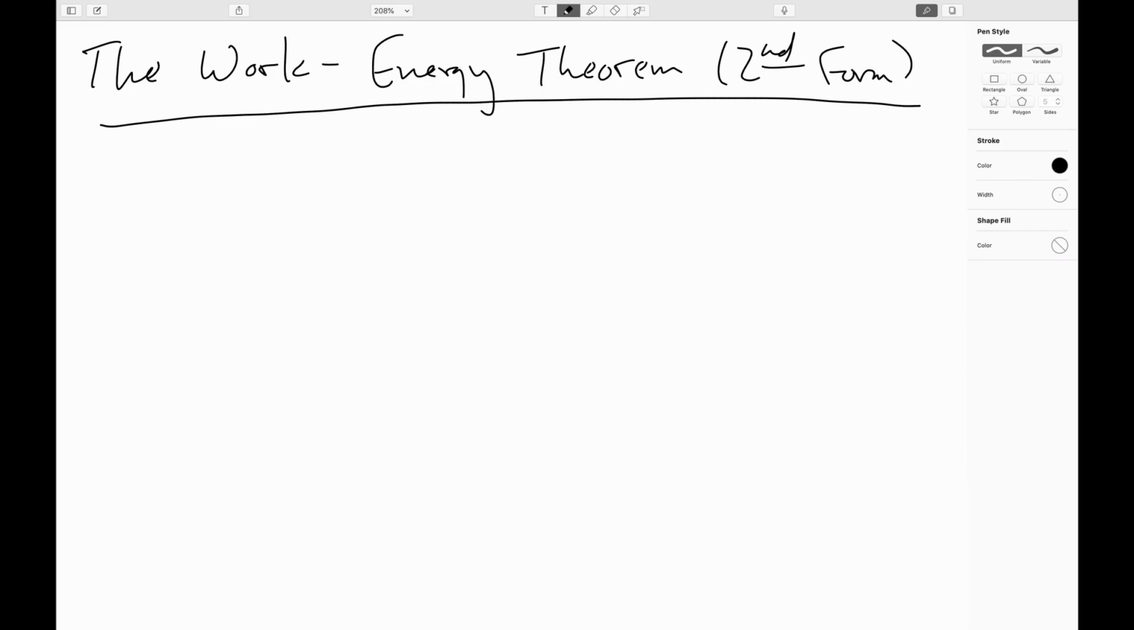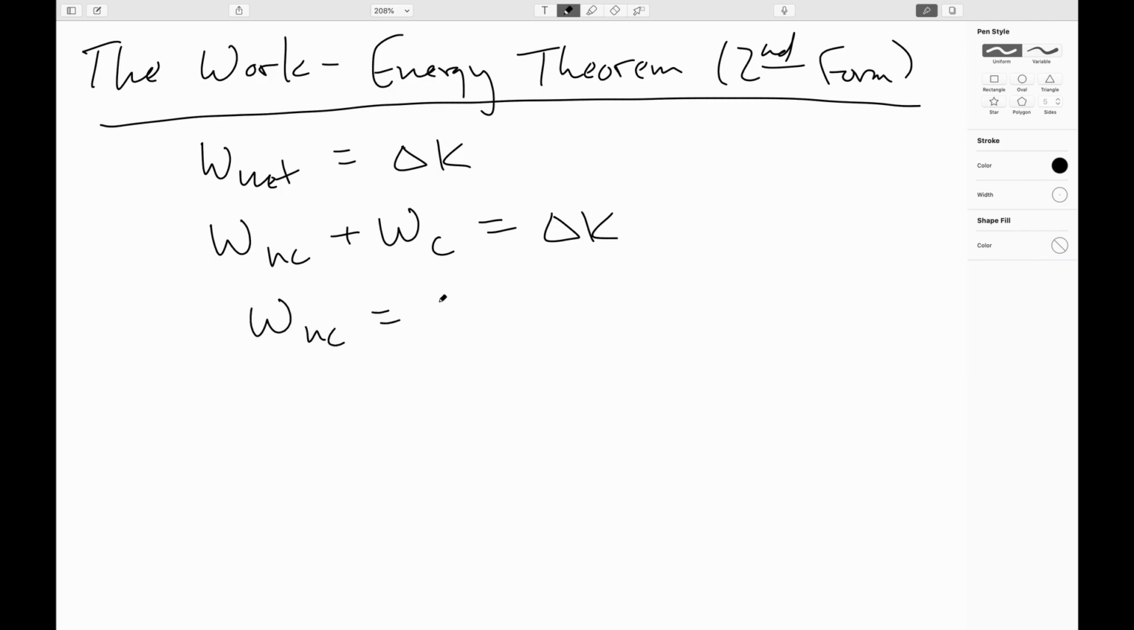So we're going to take our first version of the Work-Energy Theorem, also called the Work-Kinetic Energy Theorem, which says that the net work done on something is equal to the change in the kinetic energy. Now, we can break up the net work into the work that is done by non-conservative forces plus the work that is done by conservative forces. You're either one or the other, so that includes them all. So let's subtract the work done by conservative forces from both sides. So you get the work done by non-conservative forces will be equal to the change in kinetic energy minus the work